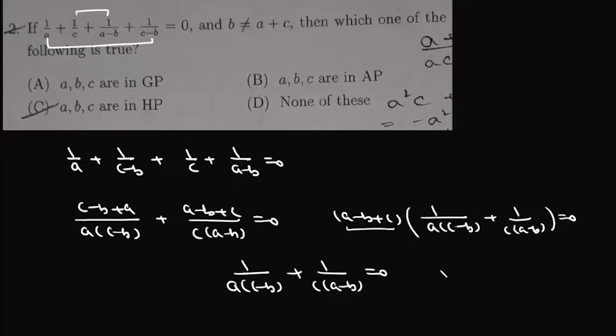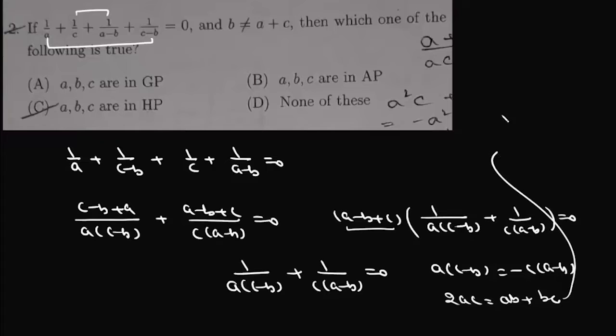Now from direct comparison we can write a(c minus b) is equal to minus c(a minus b), or 2ac equals ab plus bc, and if we divide it with abc we can write 2 upon b equals 1 upon c plus 1 upon a, that is a, b, c